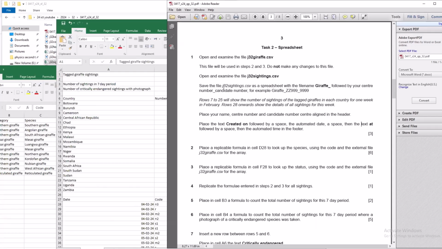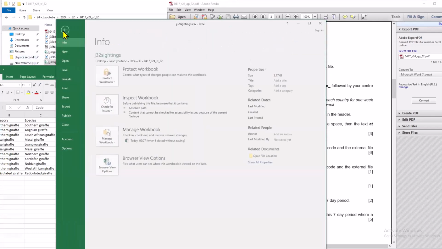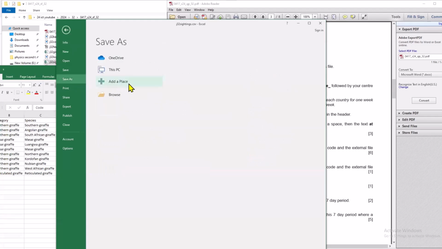Save the file as a spreadsheet with the file name giraffe underscore your center number underscore your candidate number. As I don't have a center number or candidate number, I am going to keep the same name. Save it. Of course, the most important point is to save it